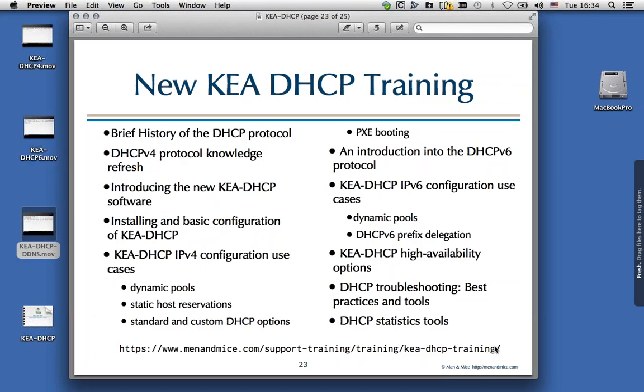And we have a new training on the Kea DHCP. It's a 2-day training with a lot of hands-on. We talk about installing Kea DHCP. We go over the configuration with IPv4, with dynamic pools. We do host reservations. We do both host reservations in the config file and host reservations in the database. How to define DHCP options, both the standard options and your own options for like your voice over IP phone